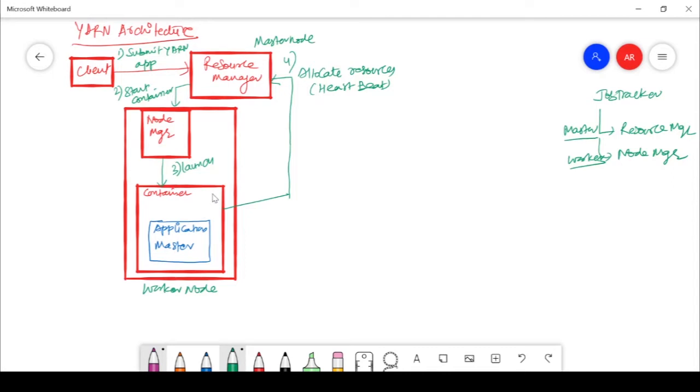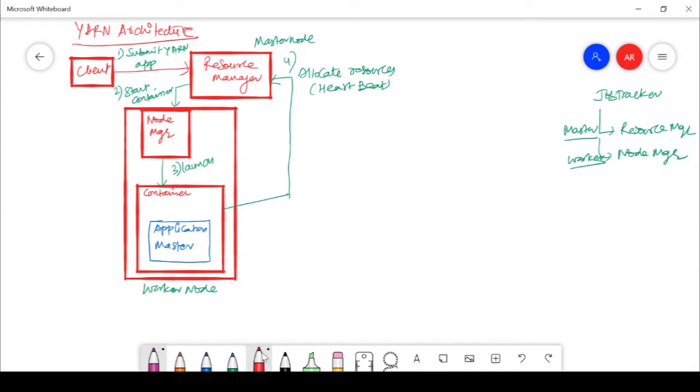Whatever job there is needs to execute and needs resources in terms of CPU and memory, so it will ask the node manager to please allocate this kind of container or resources. The resource manager has information about each and every node, how many resources are there in the worker node, with the help of the node manager. The node manager will be in every node.